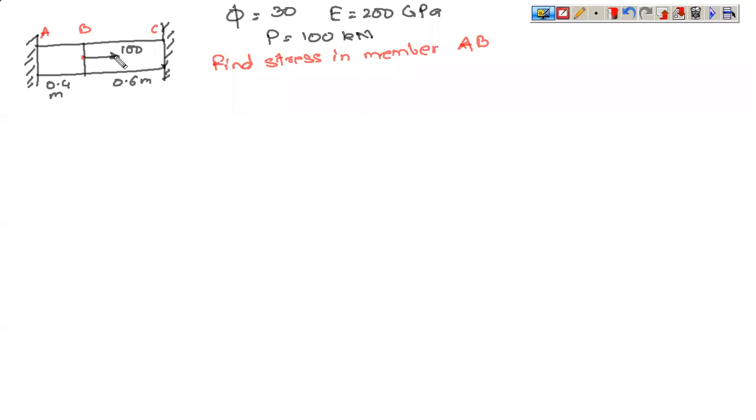So by looking at the problem, you can guarantee one thing, that delta L will be equal to delta L of AB plus delta L of BC, which will be equal to 0. So a net change in length